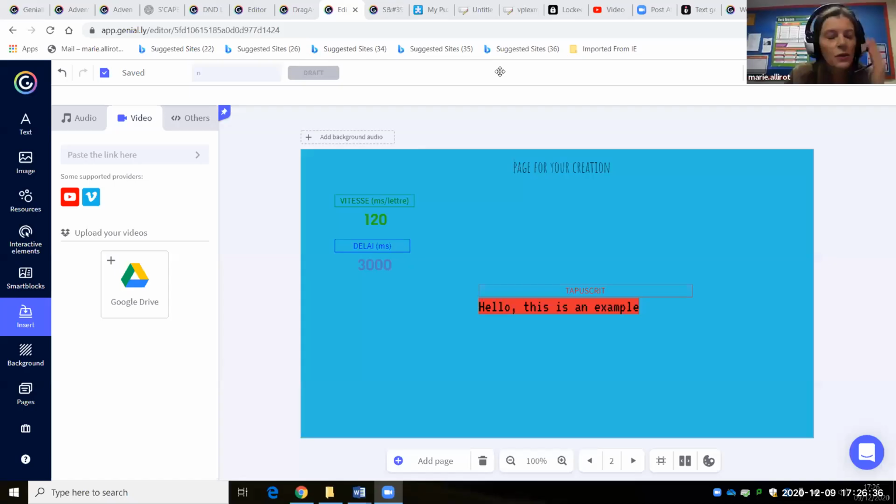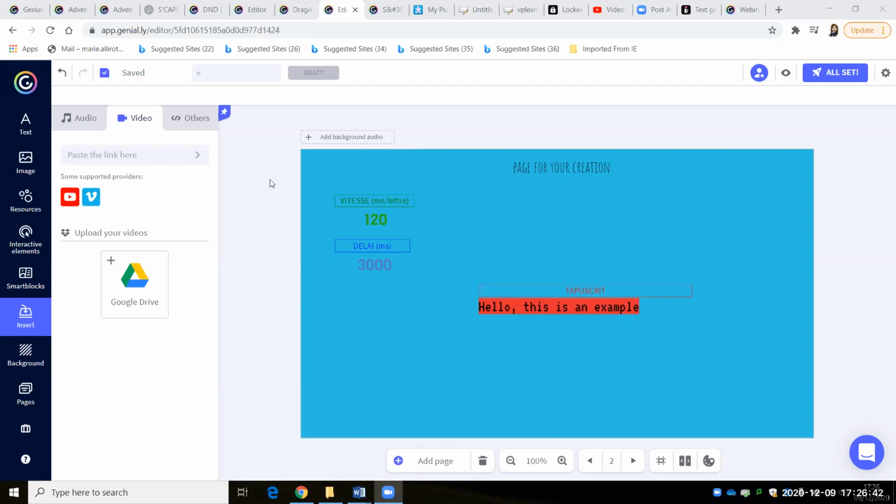Right, Jocelyn's asked the question, how do we do transitions with another slide? Yeah, I can show you that. Sorry, I keep pressing the wrong thing. I think you've answered all the questions. Sorry, what was the question again? The question was, how do you do transitions with another slide?